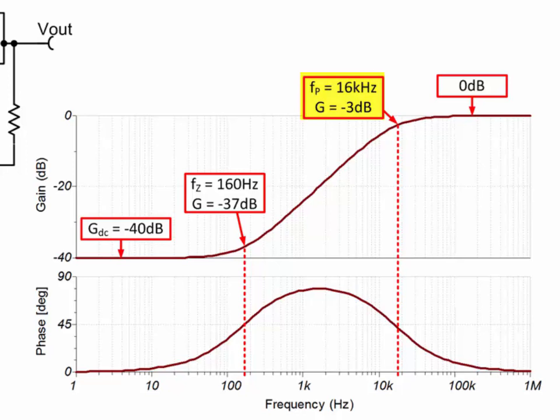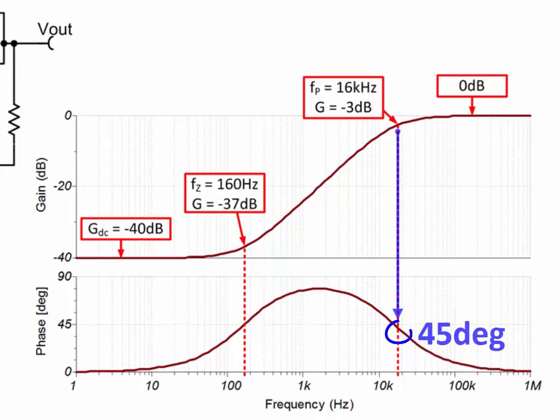The pole effectively cancels the zero at frequencies above 16 kHz. Remember that the slope of the zero is plus 20 dB per decade, and for the pole, it is minus 20 dB per decade. Let's also consider the phase shift response. Notice that the phase is at plus 45 degrees at the zero frequency. This is as expected because of our previous discussion of zeros. You will also notice that the phase approaches plus 90 degrees as expected. At this point, the phase begins to decrease at minus 45 degrees per decade because of the zero.